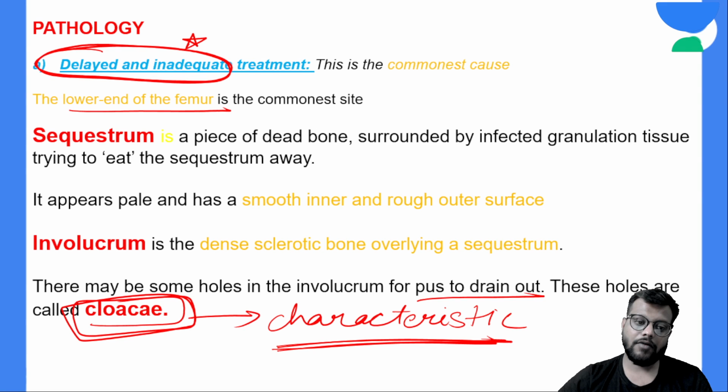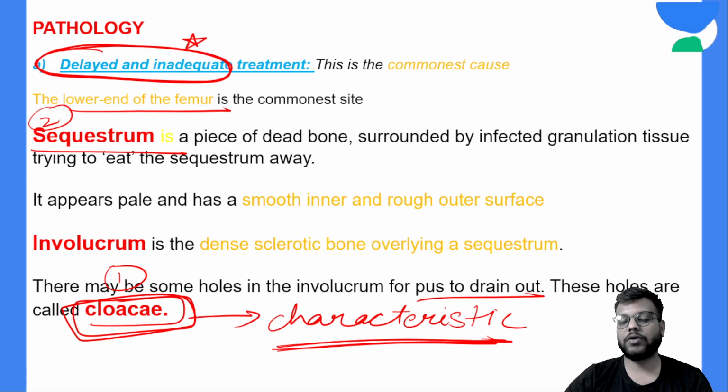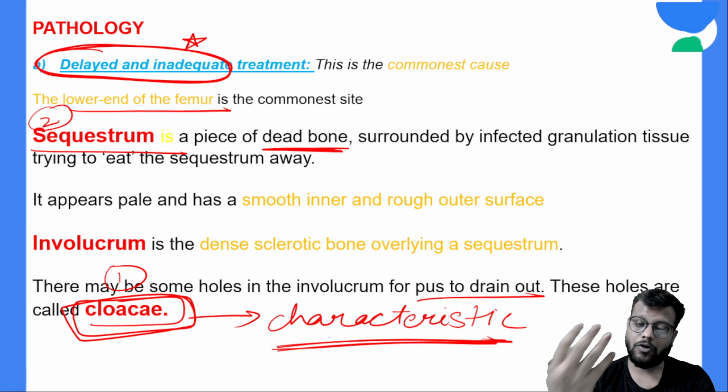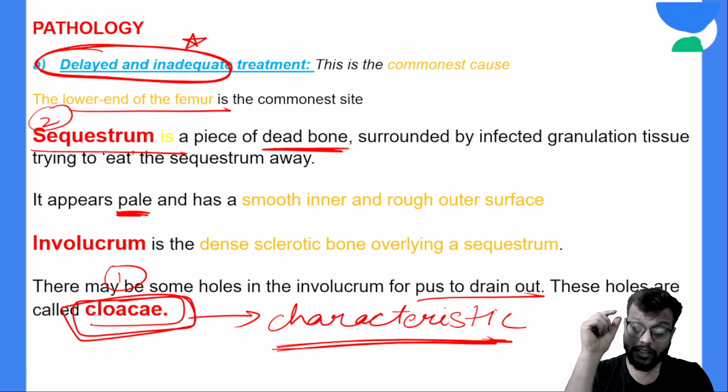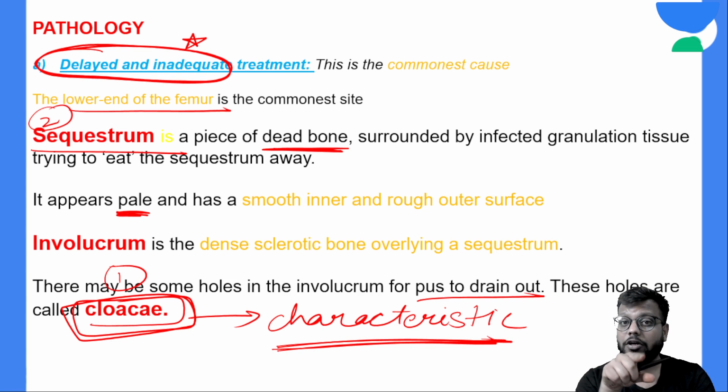In X-ray also you can see the sequestrum very easily. What is sequestrum? Sequestrum is the dead necrotic bone which is surrounded by granulation tissue, and this also comes out from the cloaca. And how will you identify whether it is sequestrum or normal bone? First of all, the sequestrum will be pale as compared to the normal bone, and if you rub the normal bone with a periosteum or some instrument,